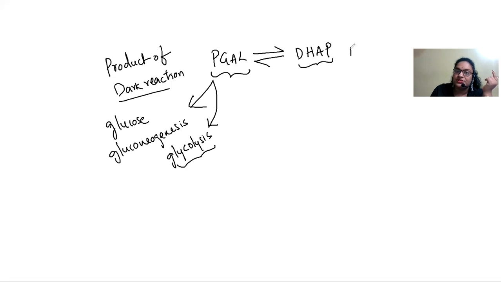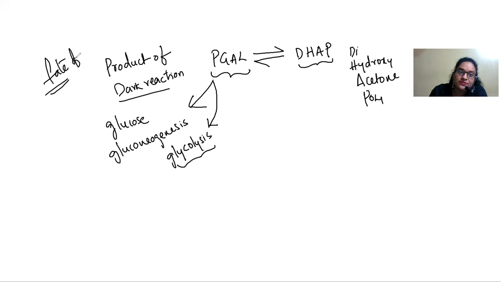If you remember, children, this is being called dihydroxyacetone phosphate, DAP. It's an isomer, so they are interconvertible. These two together are forming the glucoses. So you can see PGAL participating even in the glycolysis. From here it can just go into the glycolysis pathway, or it can form the glucoses. This is a fate. This is a product, and we are speaking about the fate of the product which is being formed here